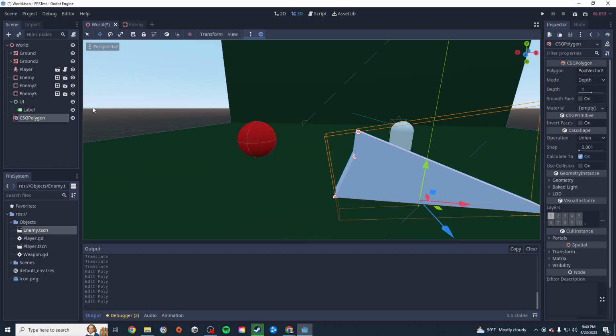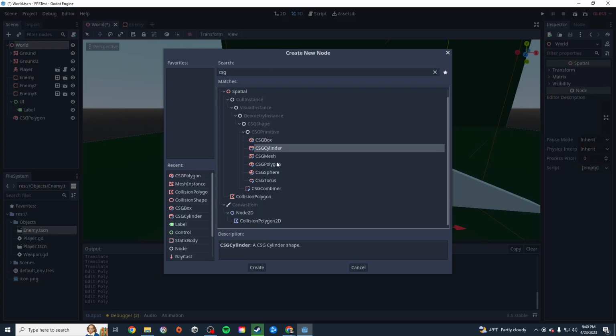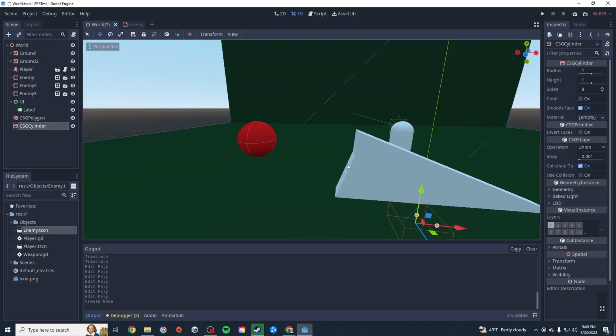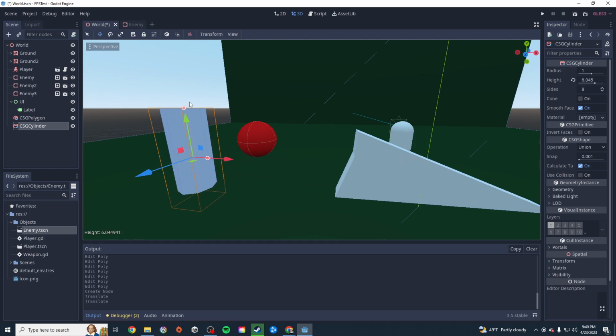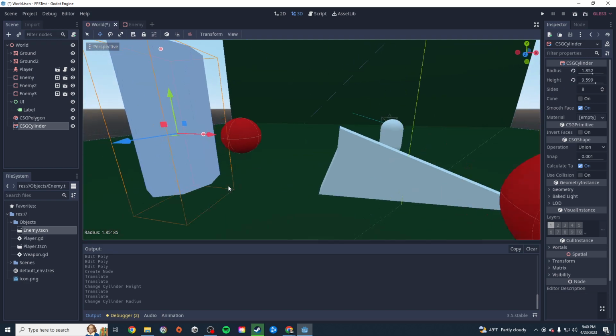Luckily, there's some ready-made shapes already. If we go back to CSG, we have cylinder and mesh and box and all of these things. I'm going to bring in a cylinder and kind of show you how a cylinder would work. We can create columns pretty easily just by sizing up a cylinder. We can make it a little bit bigger if we want to. But yeah, so